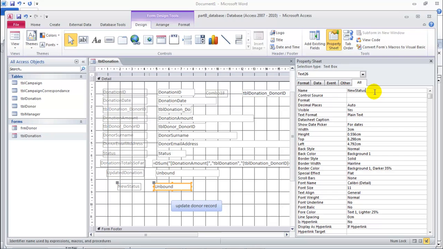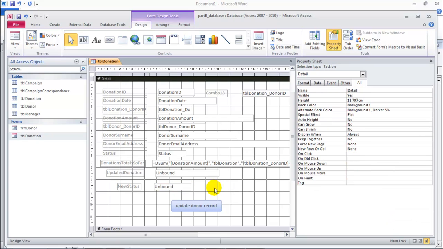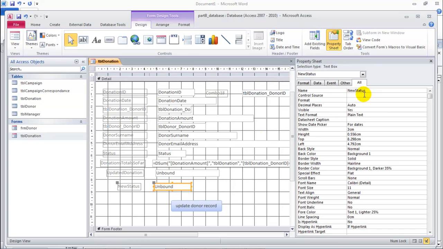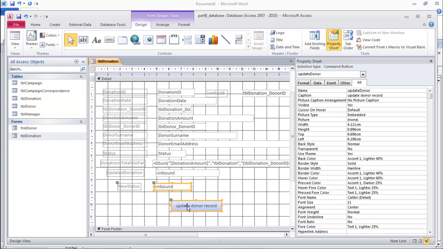Okay, now let's copy this and reuse it. So Control C. Let's check that it is called new status. Well done. It's still unbound. It's not bound to any field. And let's go back to the code